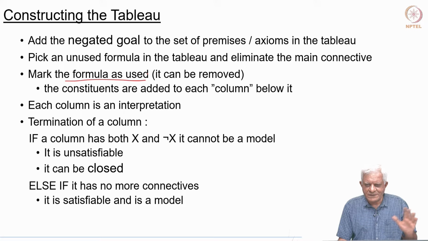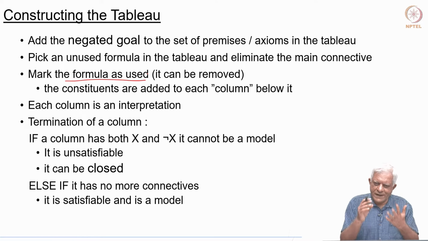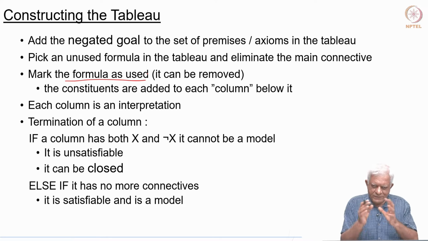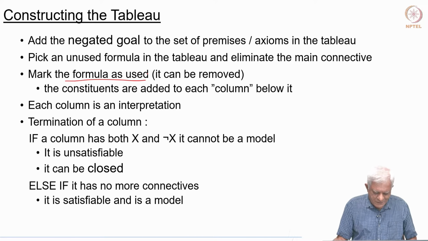So, this is the algorithm for searching for a model by breaking down the constituents, applying the rules that we saw, how to eliminate and, how to eliminate or, how to eliminate implies and so on. Eventually, we are left with a set of literals. Literals are either atomic formulas or their negations. So, things like P, not P, Q, not Q and so on. And if we have a set in which both P and not P are there, for example, then it cannot be a model. But if there is no such contradiction inside, then it can be a model.